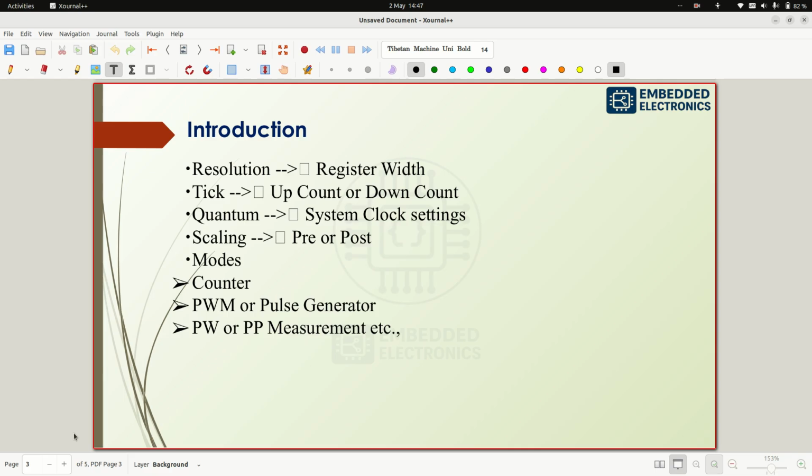This is another peripheral, which is used to capture or measure the running time. Once it is started, it should never stop. When talking about time, we have to be aware of this concept. All microcontrollers have a built-in peripheral, that is the timer. Here we have some concepts: resolution, tick, quantum, scaling, modes, counter, PWM or pulse generator,